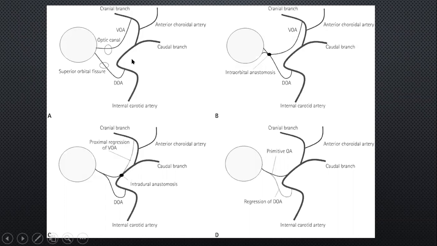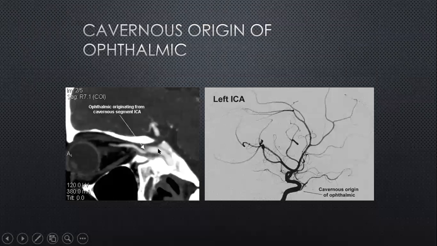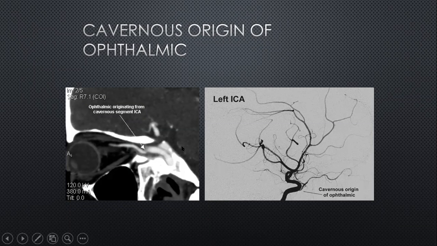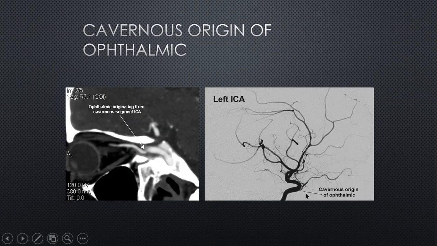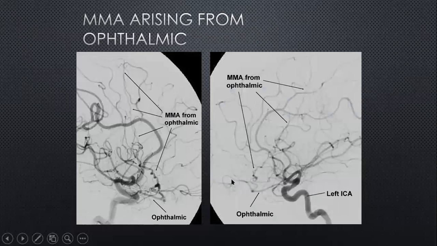It's very important to understand this anatomy, because I will show you in subsequent sections how these can be potentially dangerous. So here you have a CT angiogram with the ophthalmic artery coming off from the proximal part of the cavernous segment. So here you have the cavernous carotid artery. Normally the ophthalmic artery would come off somewhere around here, but here you can see how it is arising from the distal part of the cavernous portion, just proximal to this genu. So this is a cavernous origin of the ophthalmic artery.